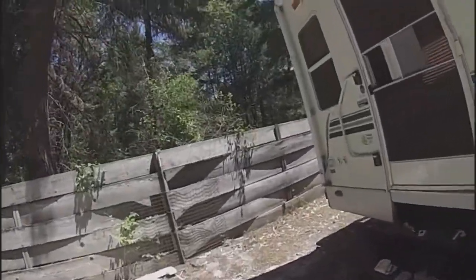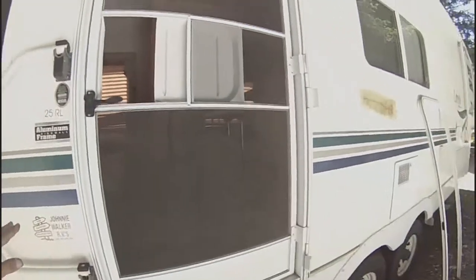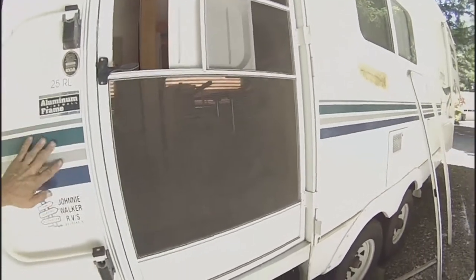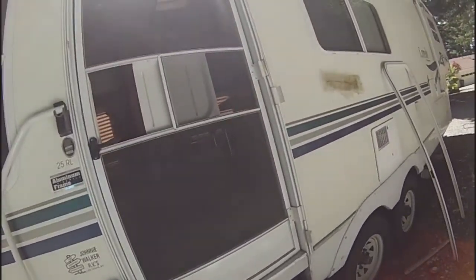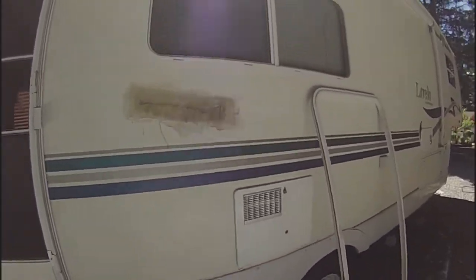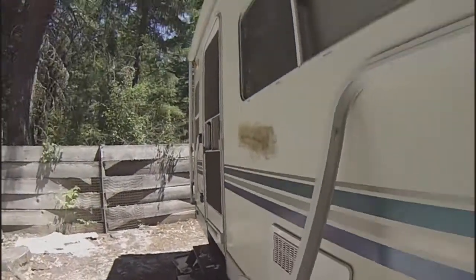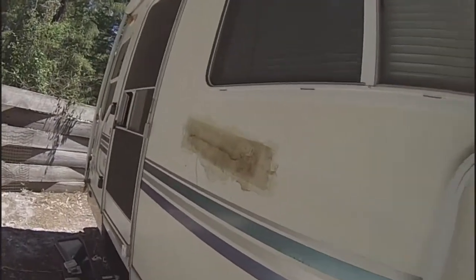You won't even be able to tell that the door had been damaged, outside of the fact that the decals from here to here will not be on the door. He's thinking about just taking it down to a decal shop and having them make this decal for this section of the door. The inside of the door will be pure white, so that's not a problem because it was pure white before. So now I'm just waiting for the owner to get back with the insulation so I can get the door put back together, reskinned and rehung, and then we'll finish on the skin damage right there,